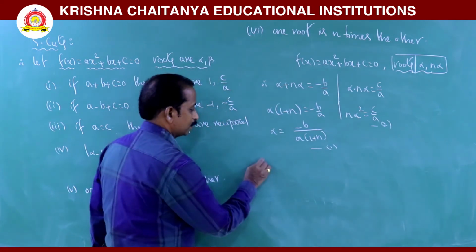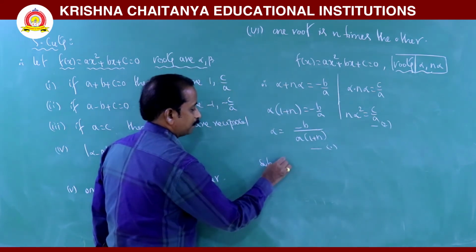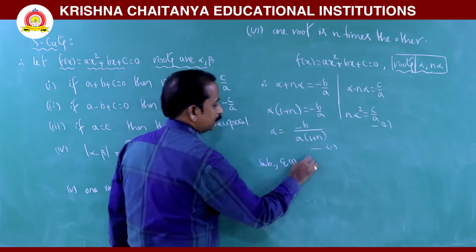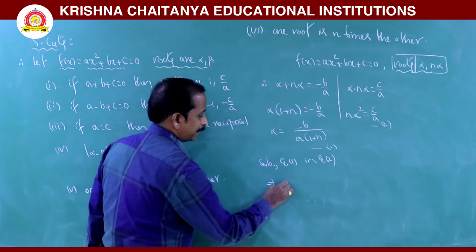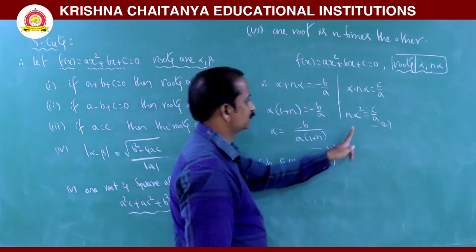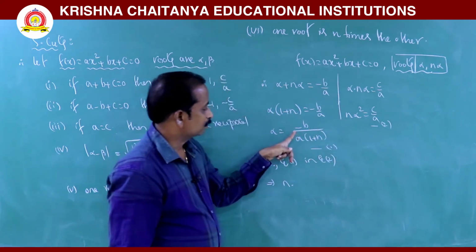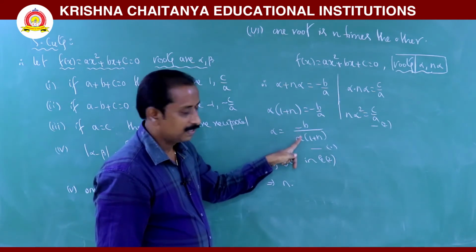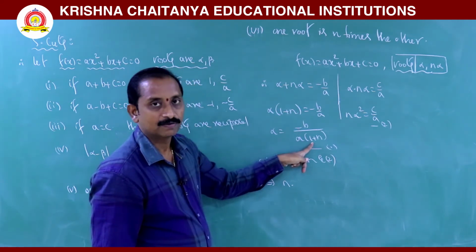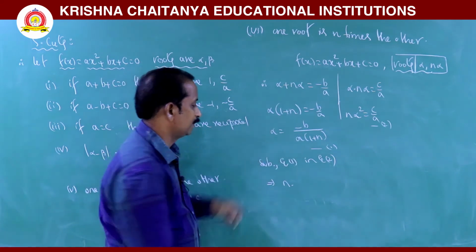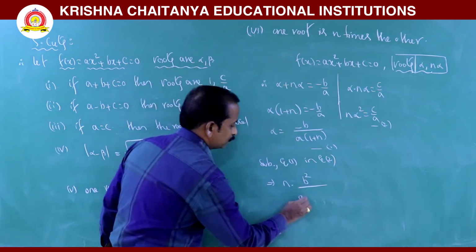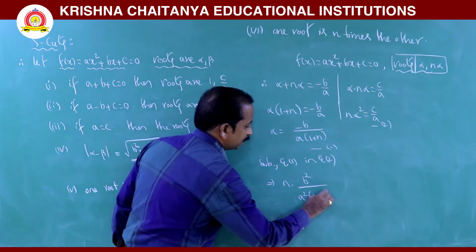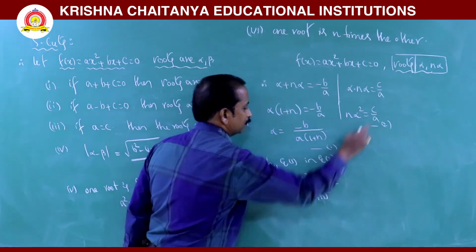What we get? N times alpha square. Alpha square means minus b by a into 1 plus n whole square. So it becomes b square divided by a square into 1 plus n whole square is equal to c